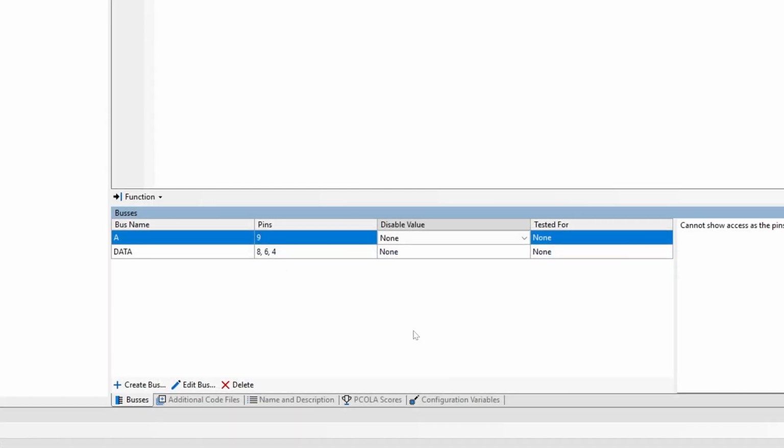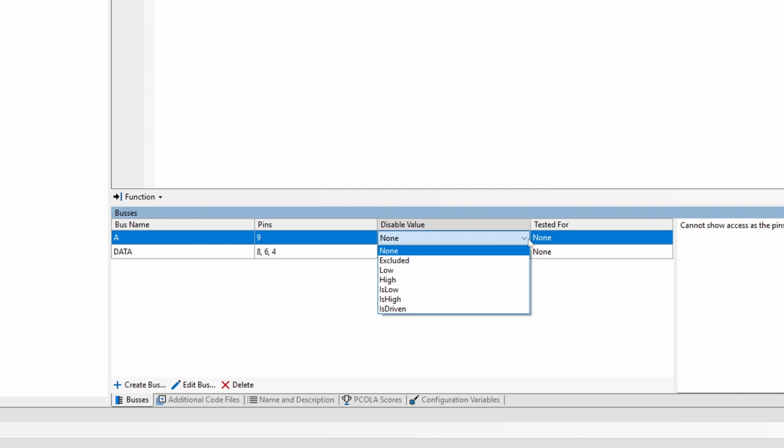Now let's look at the next column. You saw what a disable value was and when you would want to use it in the second video of this series. Now let's look at how to set one up. The default setting is None, and that'll be correct for the majority of pins. It means Connection Test can control those nets however it wants during the test, so you want to keep as many pins set to None as possible, because that'll give you the best test coverage.